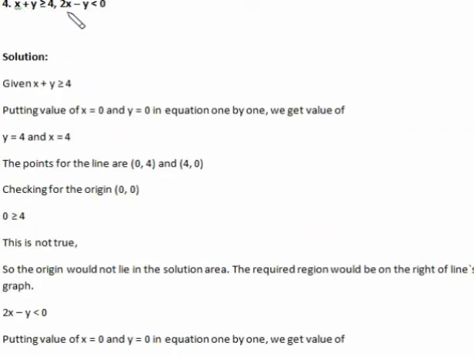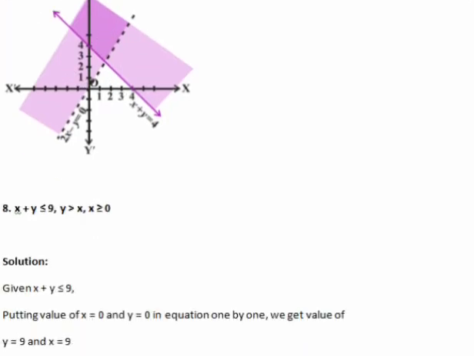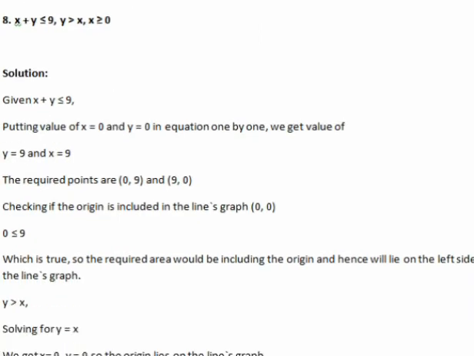Because it says that 2x minus y is strictly less than 0, we put a dotted line for 2x minus y, and this line is x plus y equal to 4. This line is not satisfying, it's false, so shading upward. This one is also not satisfying, and the shading is also upward. That means this one is the common region. By this way we solve the questions.